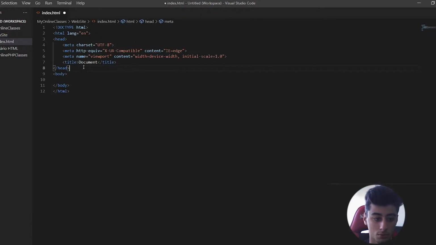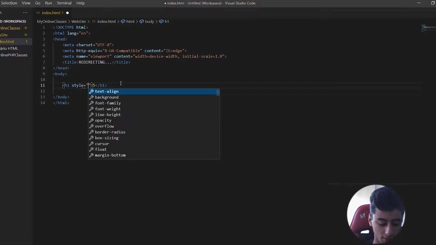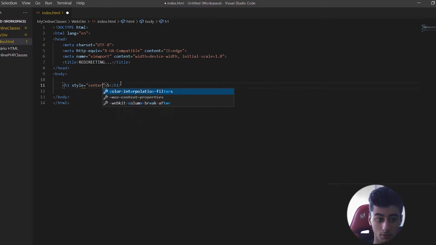In here we are going to put the title, redirecting... In here we are going to put a heading, a bigger one. And we put 5 seconds only, because we are going to wait 5 seconds till we redirect it to another page. Then we are going to put a style, saying that it will be centered in the middle, text align center,